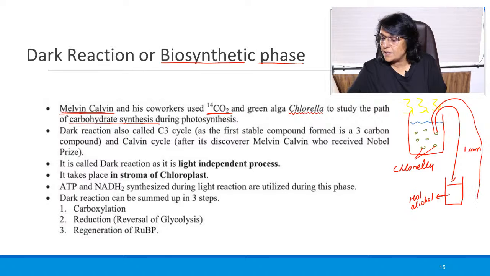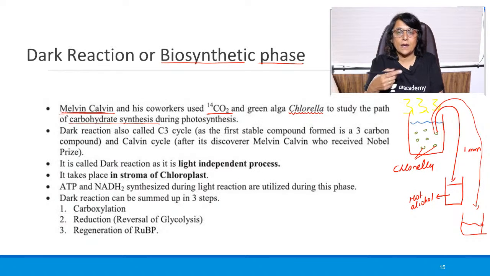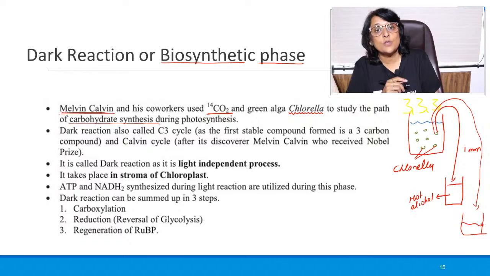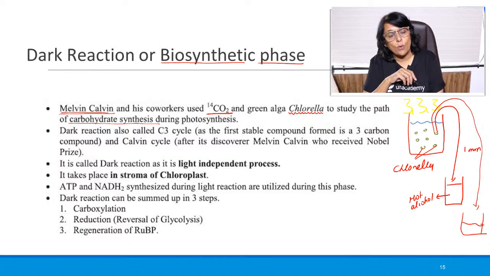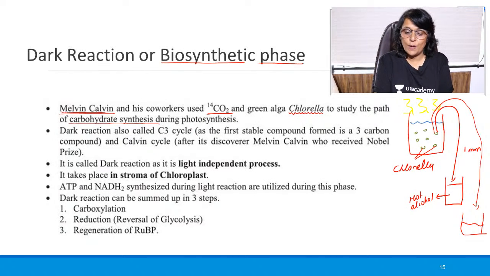After 2 minutes the cells were taken, they were dipped again in hot alcohol. So this was done every minute, every few seconds. Cells were taken out from this setup and the cells were killed, and the chemicals which were synthesized in those cells were studied, and that is how we know that the first compound is A, then the second compound is B, then the third compound is C. So the entire pathway was given by Melvin Kelvin, and he used,